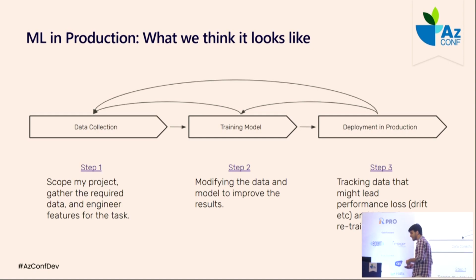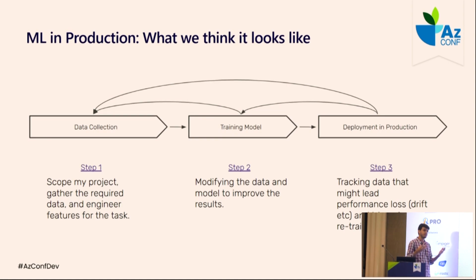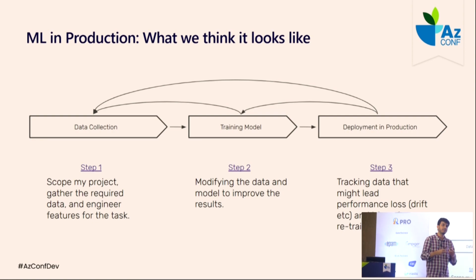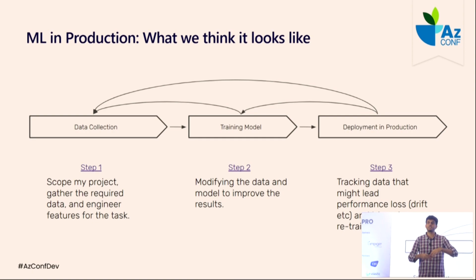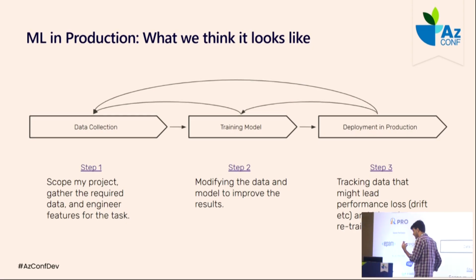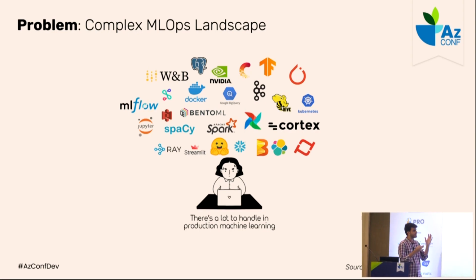So yeah, that's a short introduction. And again, I'll just reiterate the theme of this talk. We'll be talking about a framework that will allow you to define your pipelines in such a way that you can always switch tools as easily as you want. And you can even change the cloud itself. So not specifically Azure, you can even switch to GCP or AWS, and the code will be agnostic of all of that. So the code is tool agnostic as well as cloud agnostic. So that's the way forward. Let's get back to the problem at hand. As I said, this is a very complex MLOps landscape.